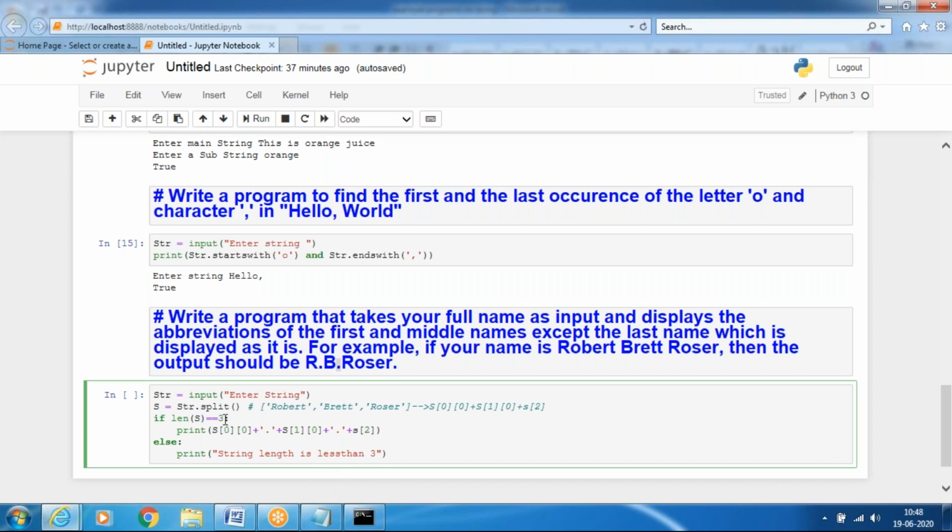In case the string length is less than 3 or not equal to 3, it's not printed. It may be more than 3 also, greater than 3 also. It will print only if it equals 3.